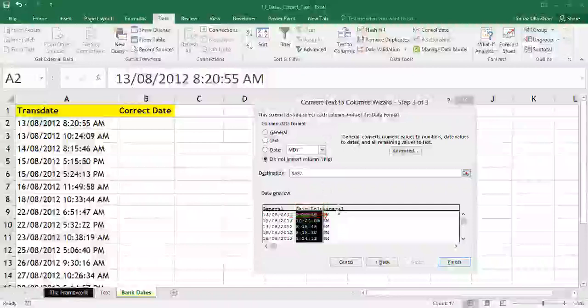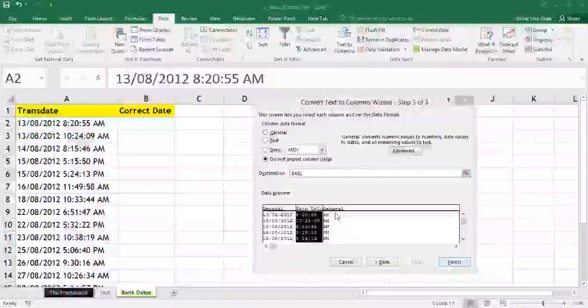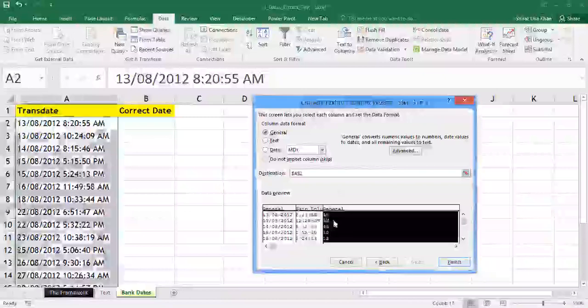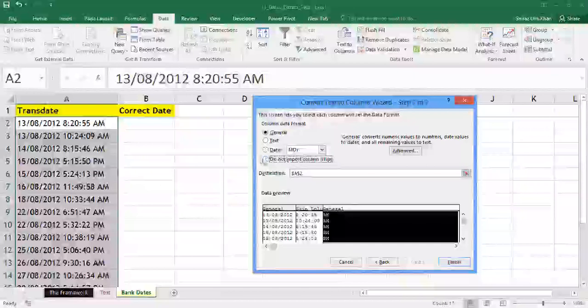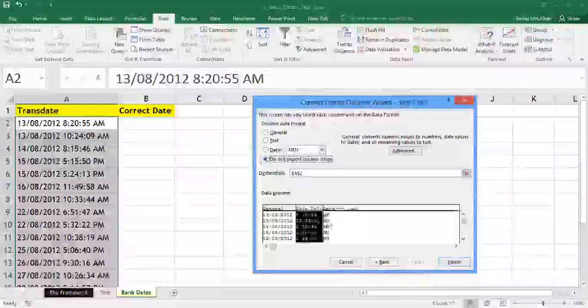Okay. Now we don't want the third column also to be imported. So again, I come to this data preview section, and in the third column, I will hover my mouse and click. The moment I click, the third column gets highlighted. Even this third column, which has the data of AM or PM, I don't want to import, or I want to skip this column. After selecting this, I again go to this radio button and click on do not import column. So people, if you see, these 2 columns are skipped.